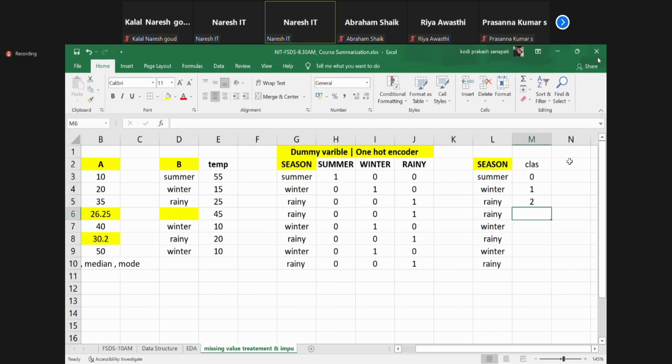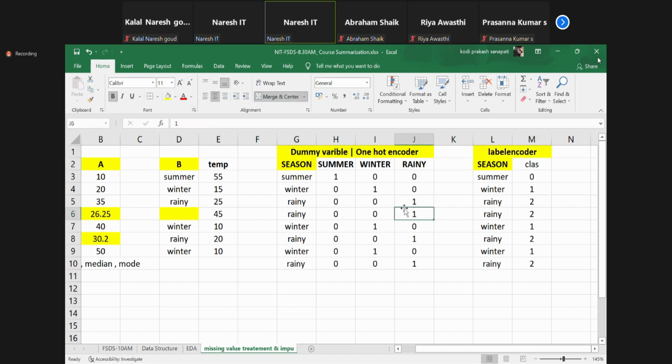Then rainy is 2, winter is 1, and rainy is 2. Can we do this or not? So this concept is label encoder. What do we call it, guys? Label encoder. I mean to say that in organizations, whenever we have multiple attributes, machines do not understand. So this concept is very important, and these concepts we call imputation techniques.